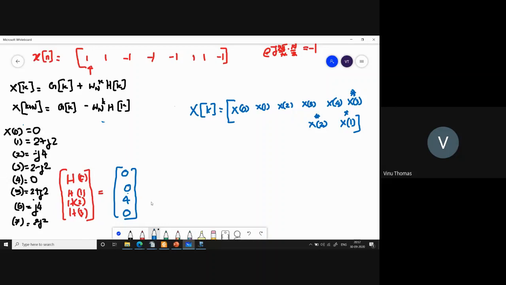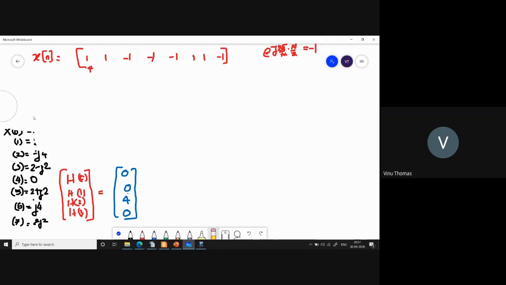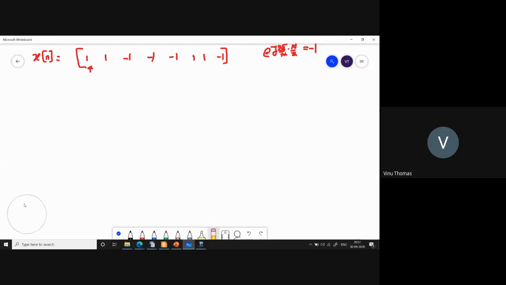Okay, so that way we have computed the DFT of the sequence using the decimation in time FFT algorithm. So now I will ask you to do this using the decimation in frequency FFT algorithm. We will stop our class after seeing how to compute the DIF FFT also. So again, that is computed in a similar manner. Let us compute this using DIF FFT. Earlier we had done using DIT FFT. So let us see how you can compute this using DIF FFT.